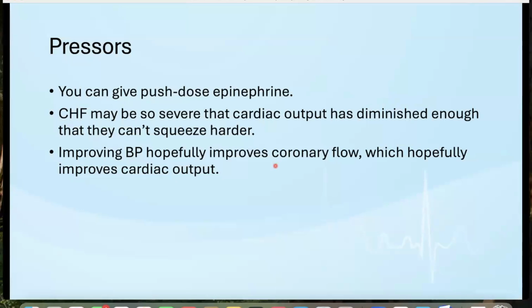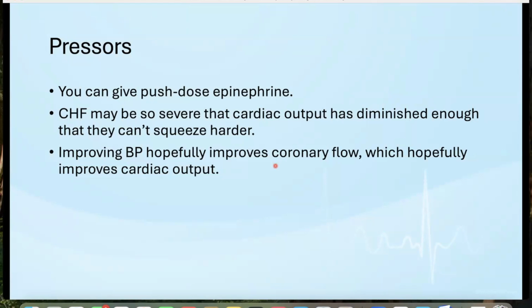So even though part of the problem is too much of the epinephrine circulating around, we need to get that blood pressure up somehow. And so by clamping down a little bit more and getting better perfusion, hopefully through the coronary arteries, we can then improve the cardiac output and get out of this